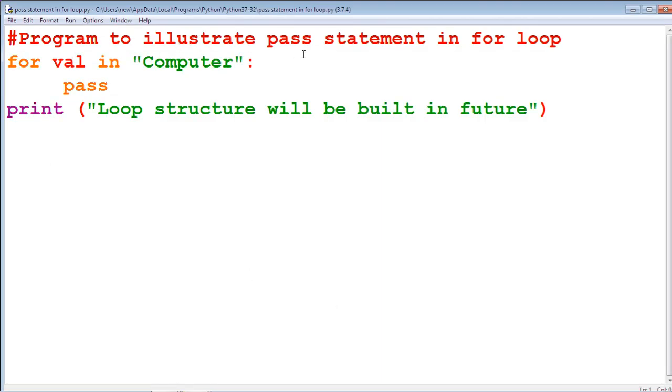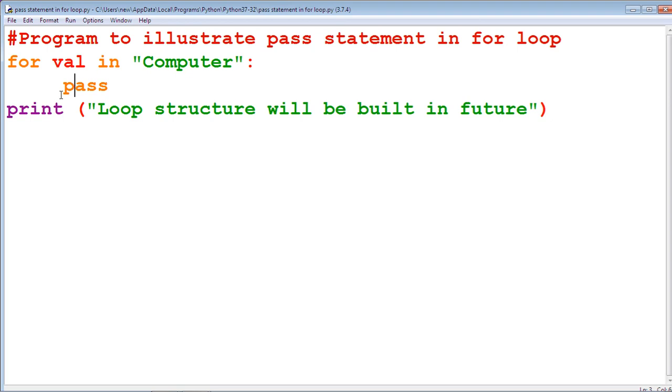In this example, we illustrate the pass statement in the for loop. Here this is the for loop. Inside the for loop, we are placing the pass statement. Here computer contains 8 characters, so it should run 8 times, but we placed the pass statement inside the for loop.